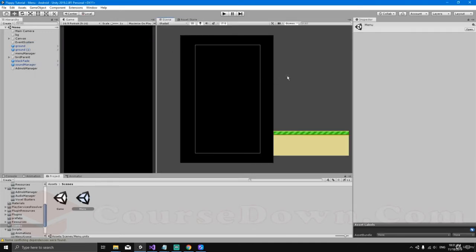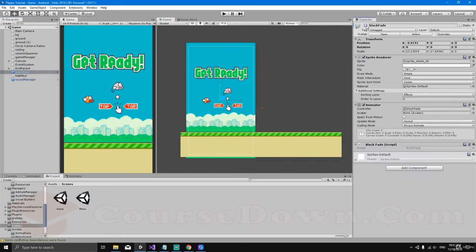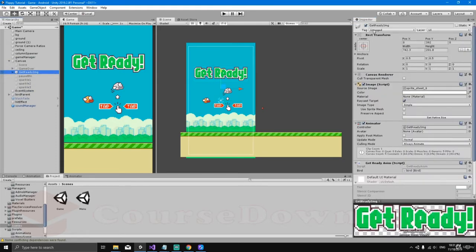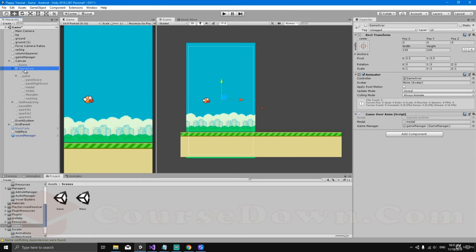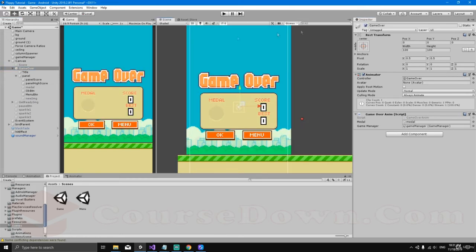Now we can go back to our scene, and we're going to create our share button. So let's go to our game scene, and inside our game scene, let's hide the blackfade for now. Let's hide the get ready image inside the canvas, and let's open the game over object like this. Let's bring the game over object to the scene by checking the box,